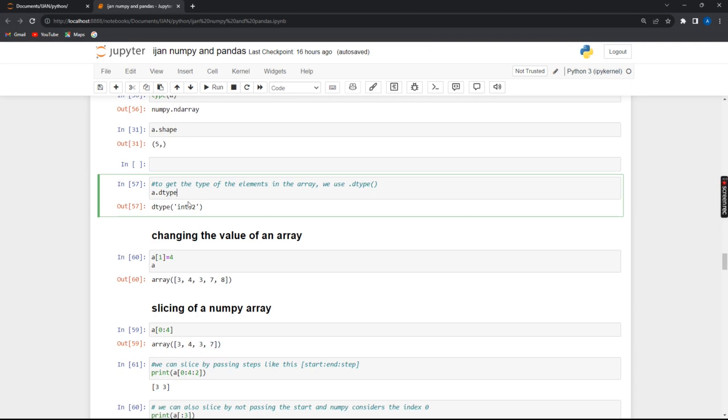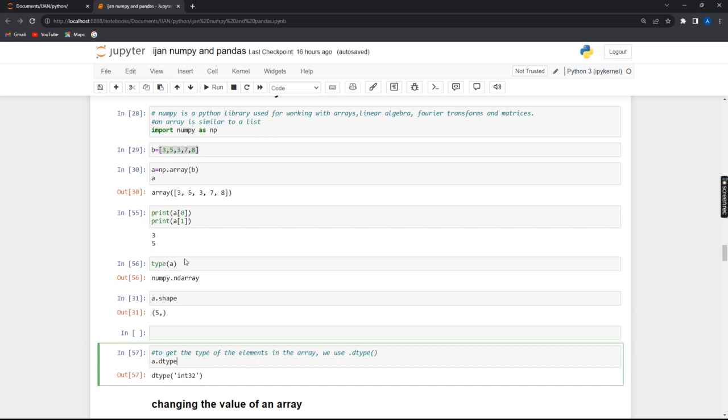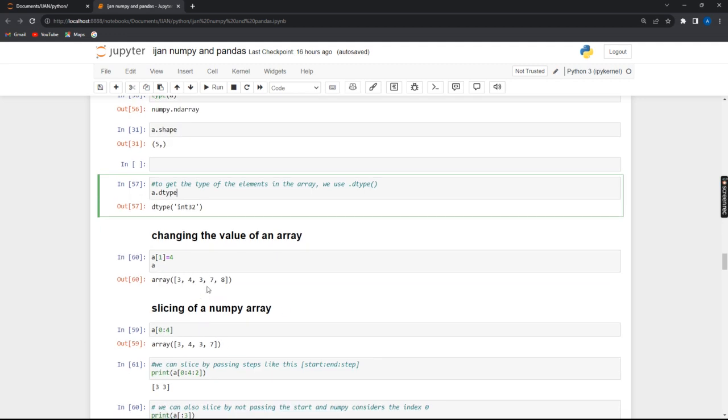So now, what are the values? Sorry, the data type of our array. That is the values inside the array. What are the data type? They are what? Integer. Okay. So now,